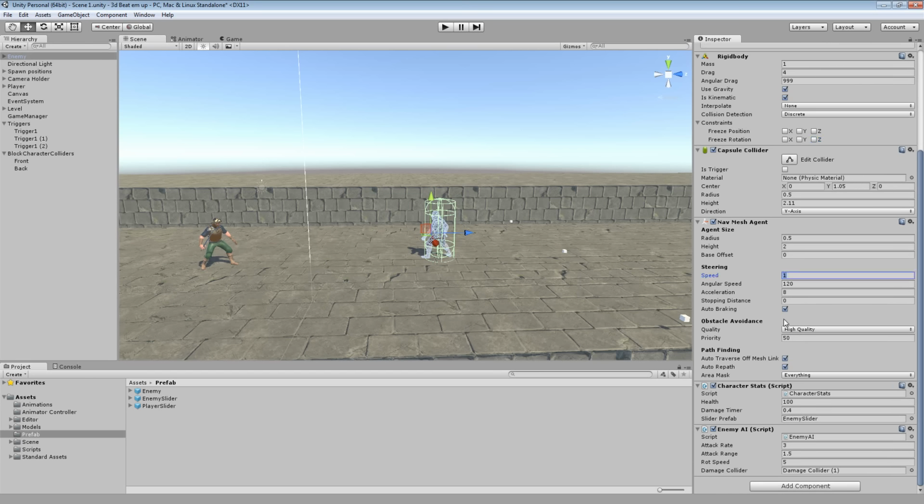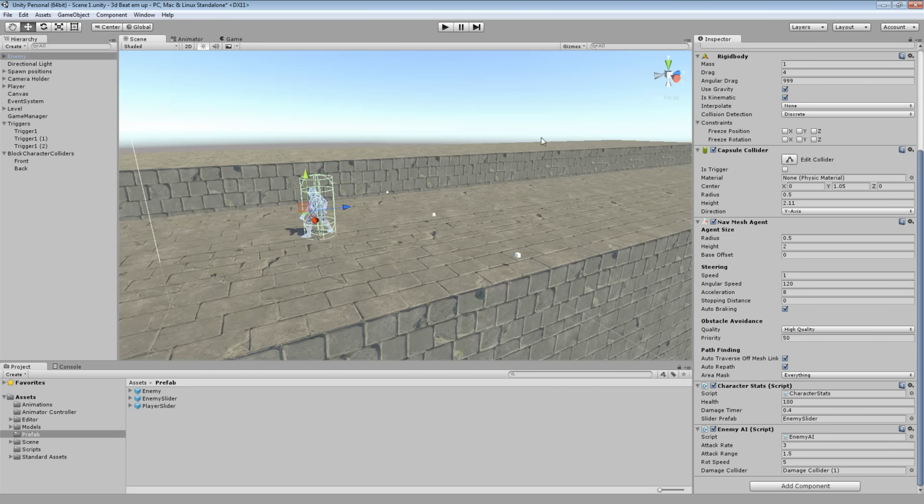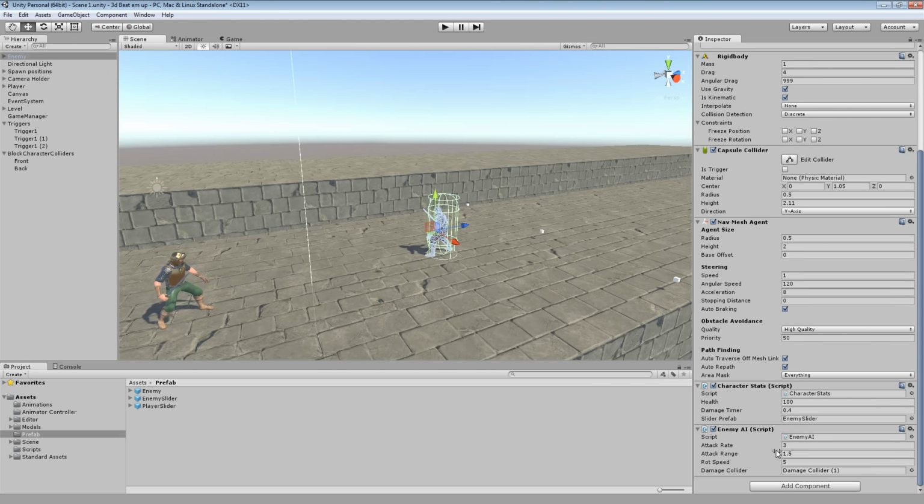Okay, set the speed to 1, or whatever you feel looks more natural. And then the character stats, which we said in the previous video why we had to add here, and then the enemy AI that we're going to include. So the logic behind all this is,